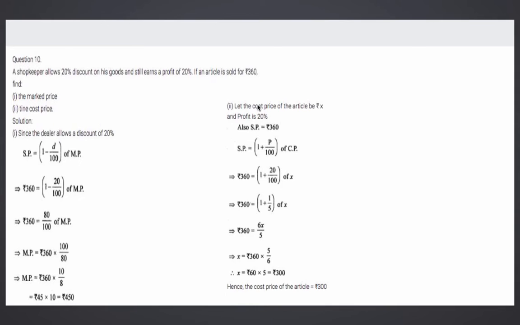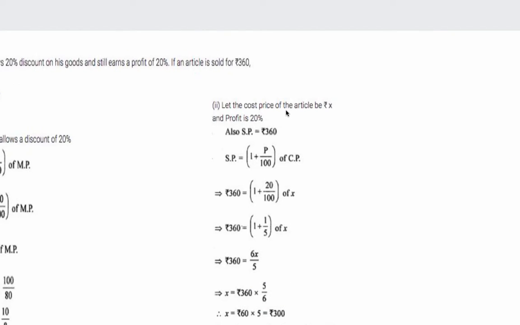Next, second part of the question was to calculate the cost price. Profit percent is given. Selling price, we know it's 360. So what is the formula? Exercise 7.2, profit and loss, we have done. Selling price is given, cost price we have to find out. The formula for cost price, we can do it two ways, students. Again I'm repeating. One is SP equals 1 plus profit upon 100 of CP, or CP equals SP into 100 upon 100 plus profit percent. So substitute, what's SP? SP is 360. Profit 20%.